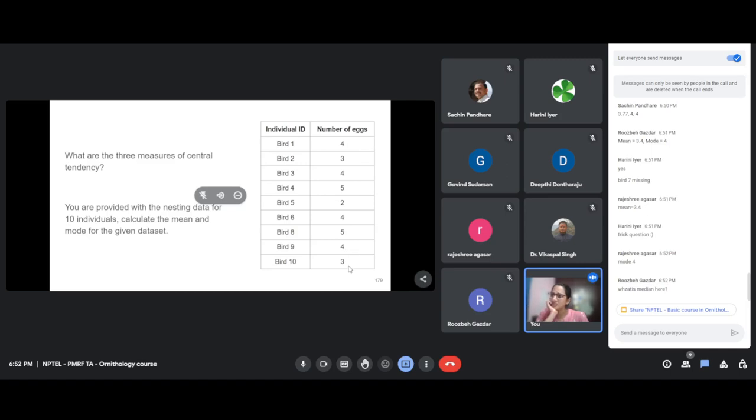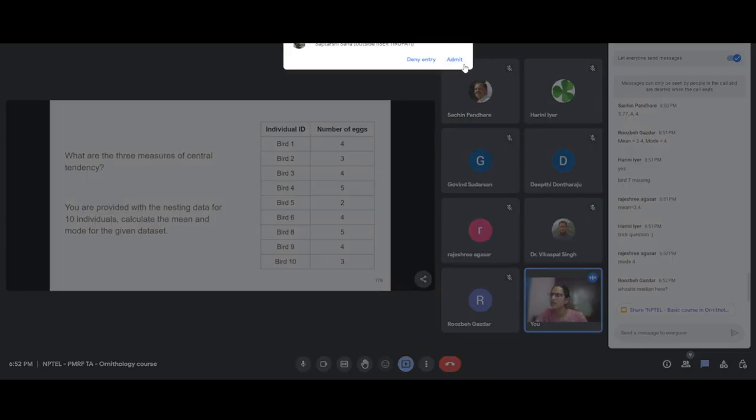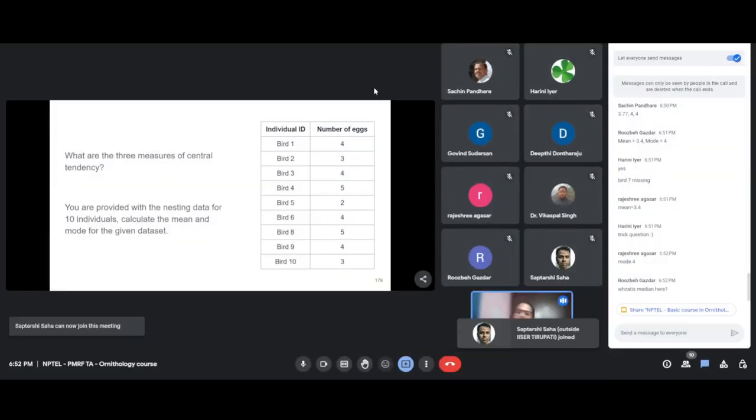Median, yeah, I don't know what the calculation is. I would just use Excel and do median. Basically it's the midpoint. It shows it's 4. So you have 1, 2, 3, 4, 5, 6, 7, 8, 9, 10. Yeah, it shows it's 4. I think you have to arrange this in ascending order and then see what falls exactly in the center. But there are different formulas to calculate it. So the median here,